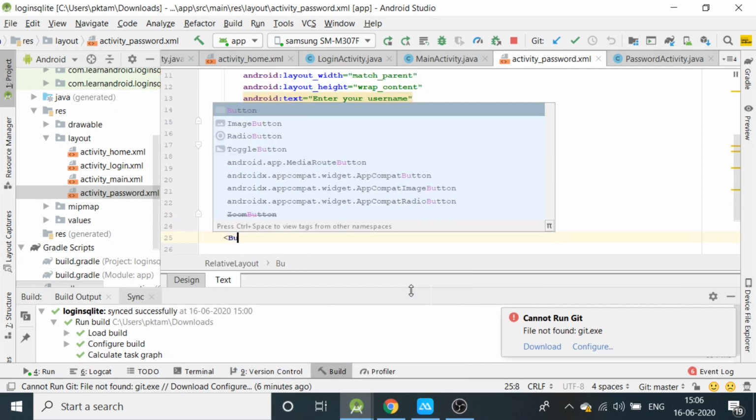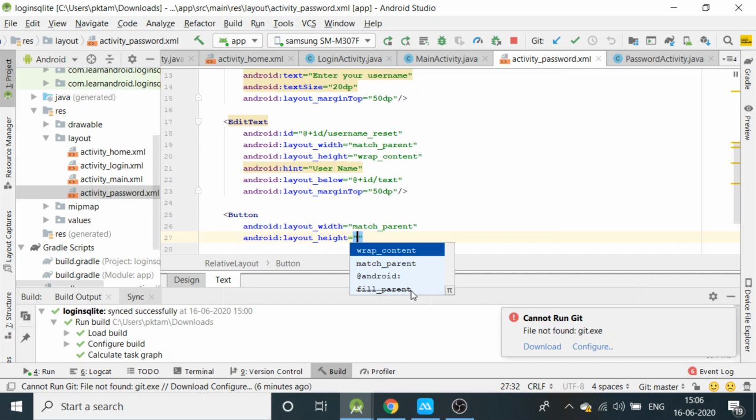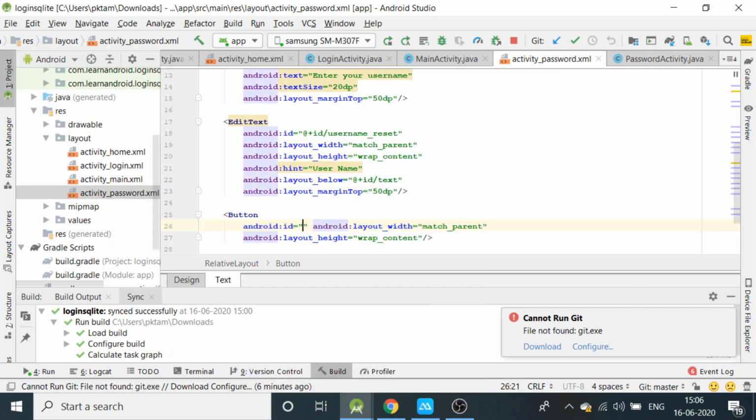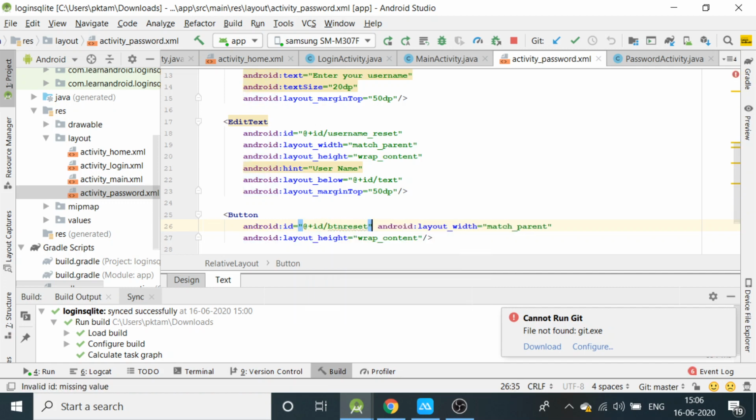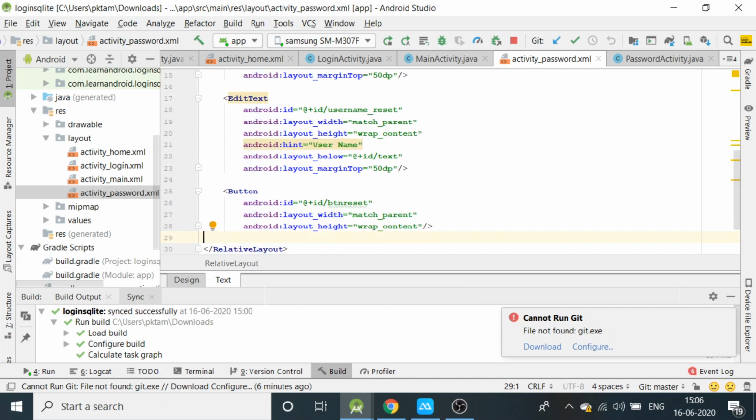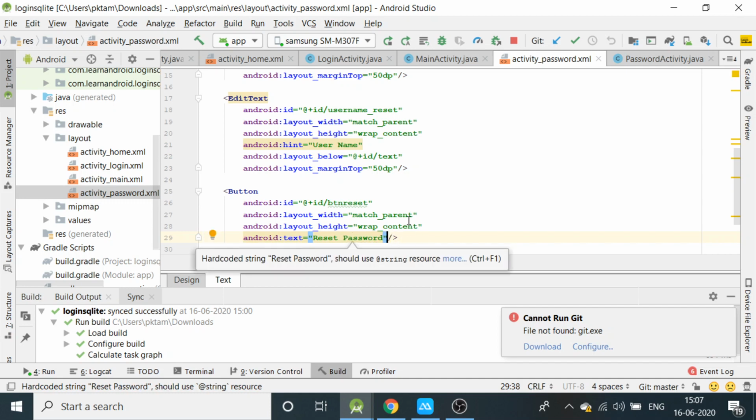And then create a button here. So width will be match parent and height will be wrap content. ID will be defined as ID slash button reset. And then we'll show a text on the button, text reset password. So this is the button which the user will click for resetting the password once he enters the username.